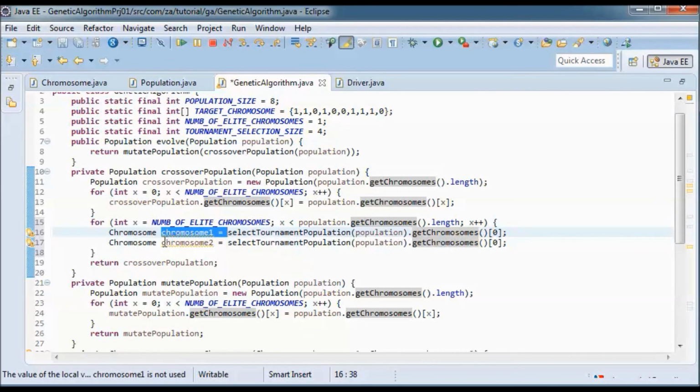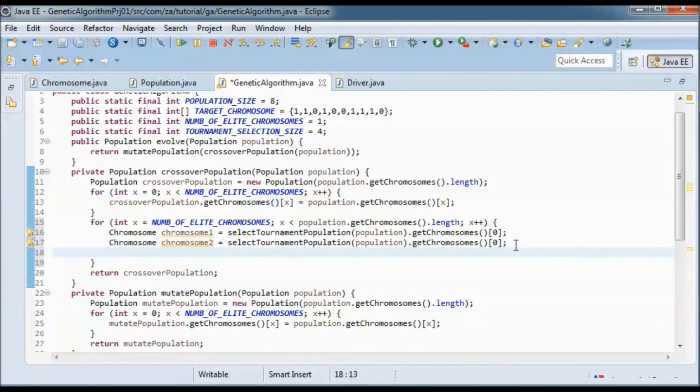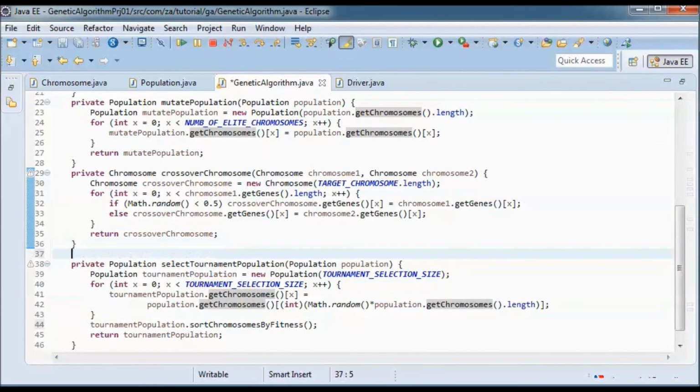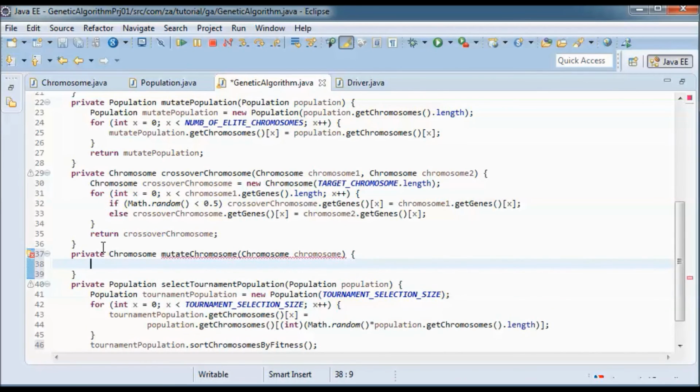So we got chromosome 1 and chromosome 2. And now we call the crossover chromosome method, passing in those 2 chromosomes, and put the resulting chromosome in the crossover population. And what remains is one method, mutate chromosome, that applies randomness to this chromosome before returning it.